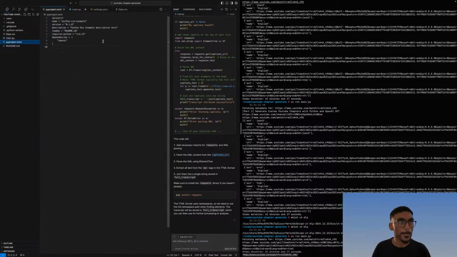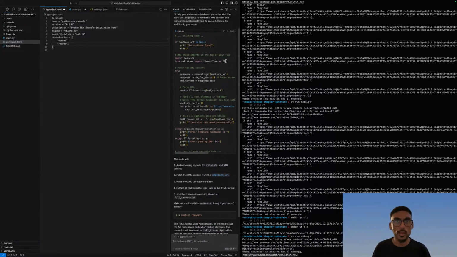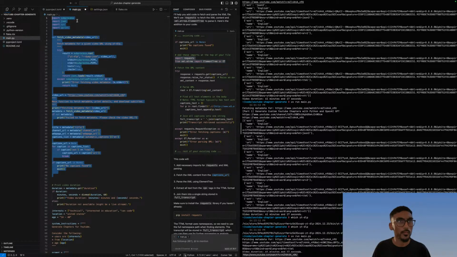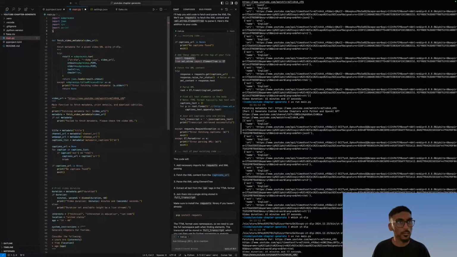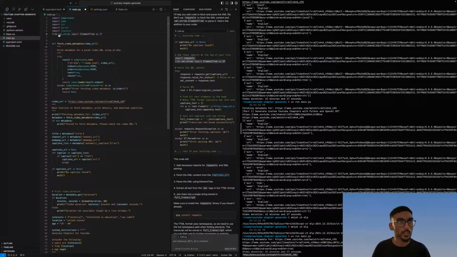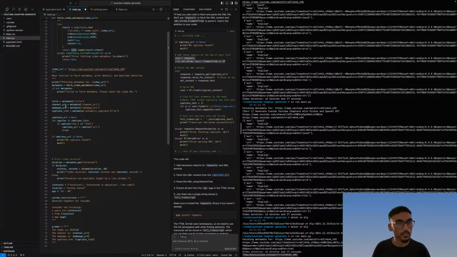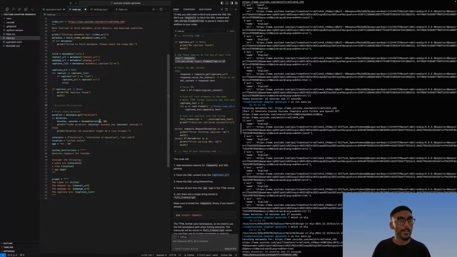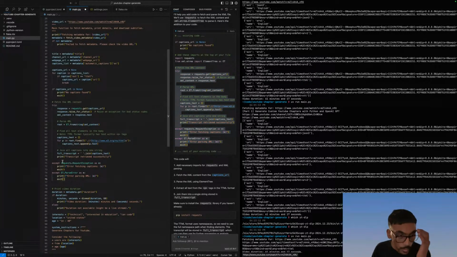Okay. So we need a request library, and we need this XML library. Let's come over here. Seems like this is native to Python, which is new to me. Let's just copy this, put this here.